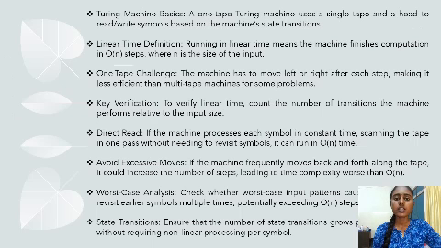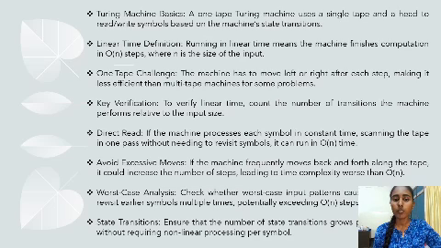Turing machine basics. A one-tape Turing machine uses a single tape and a head to read or write symbols based on the machine's transitions. Linear time definition. Here, running in linear time means that the machine finishes a computation in big O of n steps, where n is the size of the input. One-tape challenge. The machine has to move left or right after each step, making it less efficient than multi-tape machines